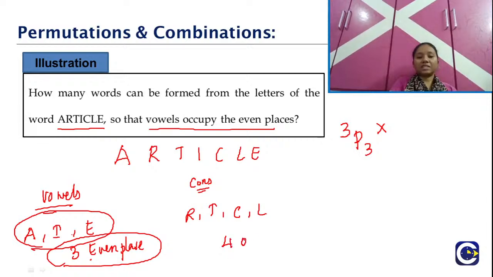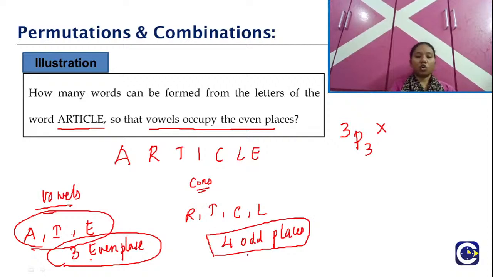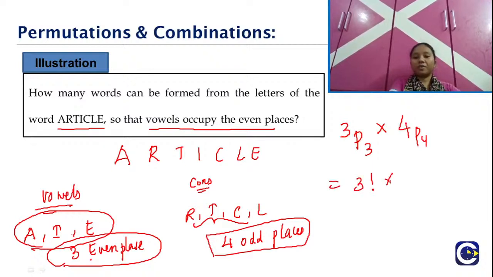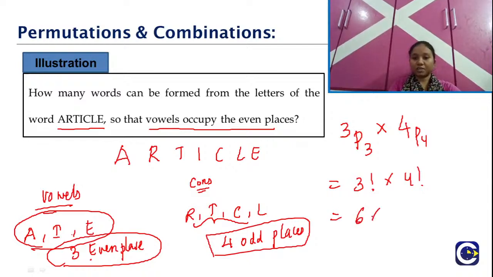Once we arrange these vowels, we are left with the consonants and the odd places. So how many odd places will be remaining? 4 odd places. And these 4 consonants have to be arranged in these 4 odd places. That is 4p4. So the total number of arrangements here will be 3p3, which is 3 factorial, into 4p4, which is 4 factorial. So let's just expand. It will be 6 and 24, which is equal to